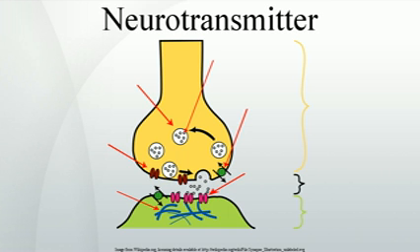Drugs that prevent a neurotransmitter from binding to its receptor are called receptor antagonists. For example, drugs used to treat patients with schizophrenia such as haloperidol, chlorpromazine, and clozapine are antagonists at receptors in the brain for dopamine. Other drugs act by binding to a receptor and mimicking the normal neurotransmitter. Such drugs are called receptor agonists.